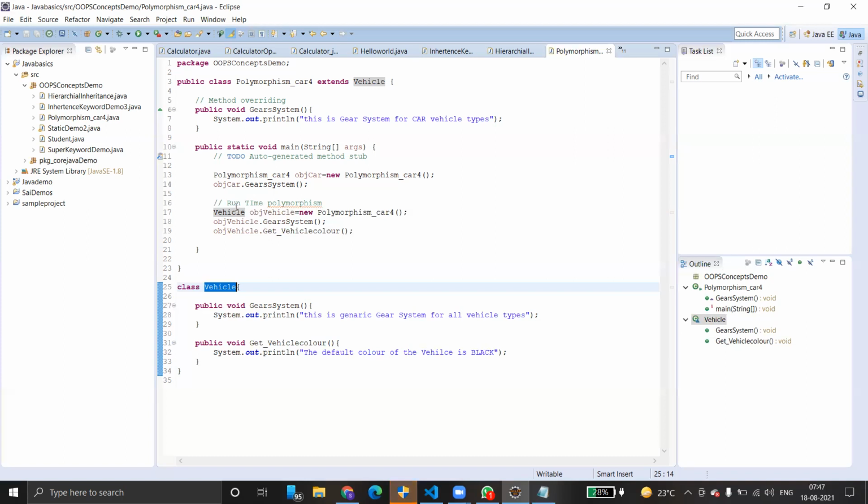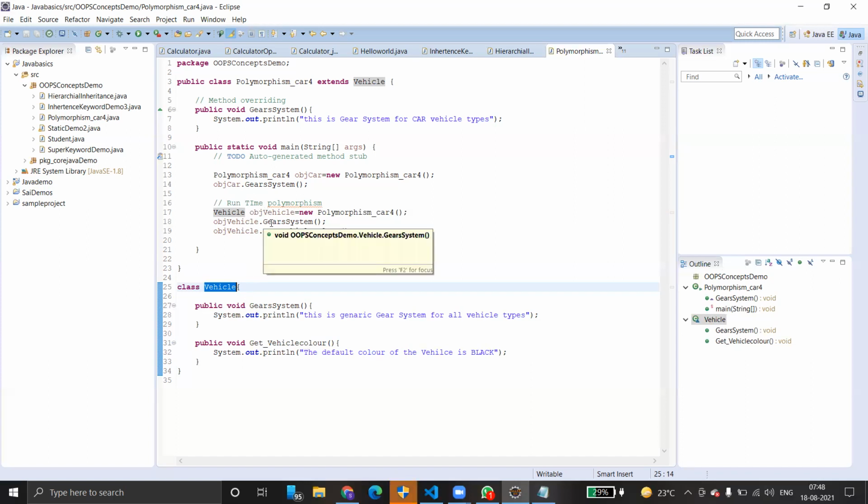Very good. See, the base class can have other methods also, right? You don't want to miss using those methods. If you use polymorphism underscore car, we can't use this get vehicle color, right? We can use only the methods of the child class. I want to use the methods of the parent class as well as the child class simultaneously.